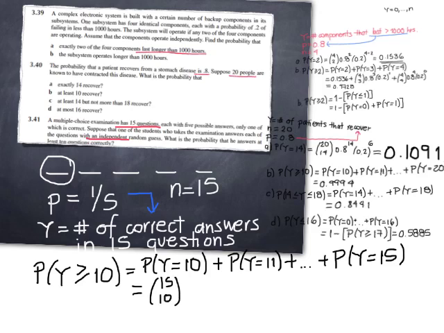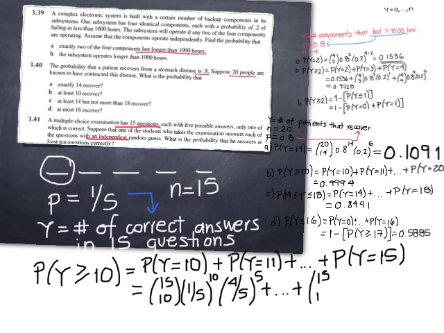Then you have the probability of success 1/5 raised to the power of 10. And then the complement 1 minus p, that would be 4/5. And this would be the value for the failure. So remember, these two exponents here should add to 15, the total trials,